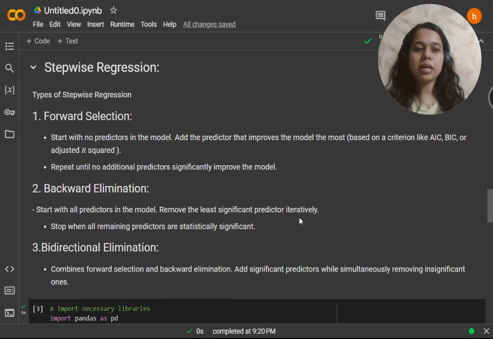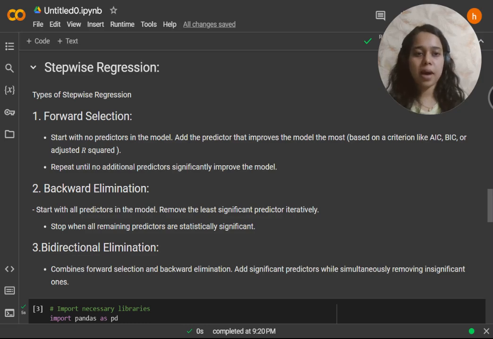Now, types of stepwise models. There are three main types of stepwise model. Firstly, we have forward selection, that starts with no predictors and iteratively adds predictors that improve the model the most, based on criteria like R square, AIC, or BIC. It stops when adding more predictors doesn't significantly improve the model.